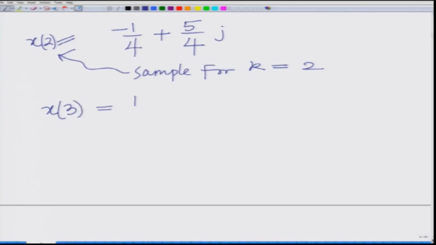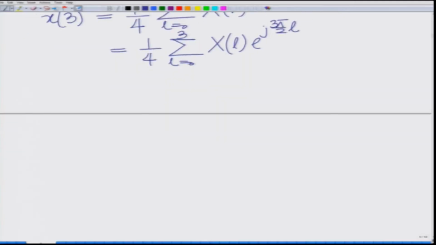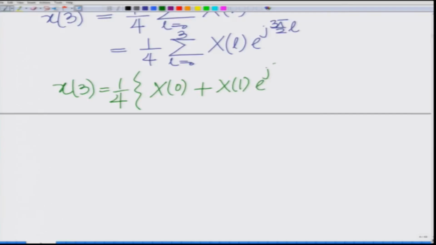So, this is x of 3 equals 1/4 summation L equal to 0 to 3 XL e^(j pi/2 · 3L), which is 1/4 summation of XL e^(j 3pi/2 · L). Now, when I substitute the symbols on the subcarriers, what do we have? x0 plus x1 into e^(j 3pi/2) plus x2 into e^(j 3pi), for L equal to 2, plus x3 into e^(j 9pi/2), because L equal to 3,